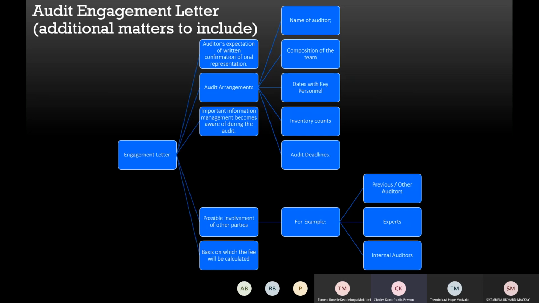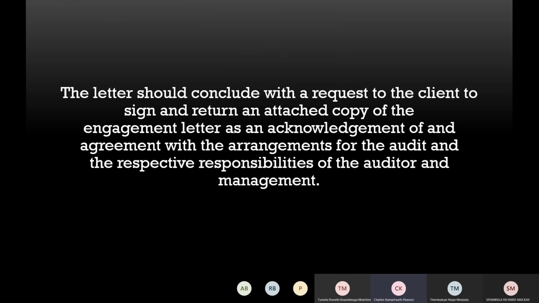You might be the audit team for the subsidiary, meaning you have to discuss the audit with the group auditors and their expectations, and also the work that they might have done. Because remember, in a group, there are always related party transactions, and that might influence the work that you have to do. If they've already audited it, you don't have to. If you are going to audit it, they don't have to. So there must be this communication, and these expectations will be drafted in the engagement letter.